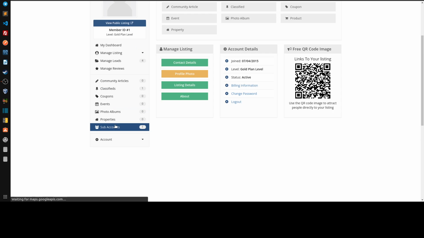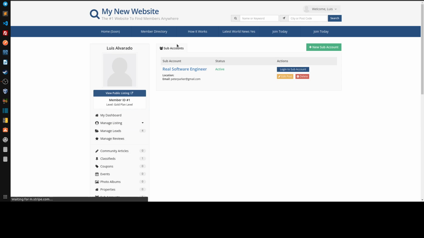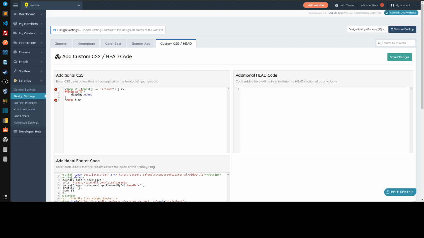So what you need to do, you gotta validate that this is a sub account. In order to do that, we just add this little puppy here, and we say user data parent ID, which is the column that we're typically using to save the ID of the parent, greater than 0, meaning it has a parent. This translates to, hey, if I'm in the dashboard, which is this part, and I have a parent,